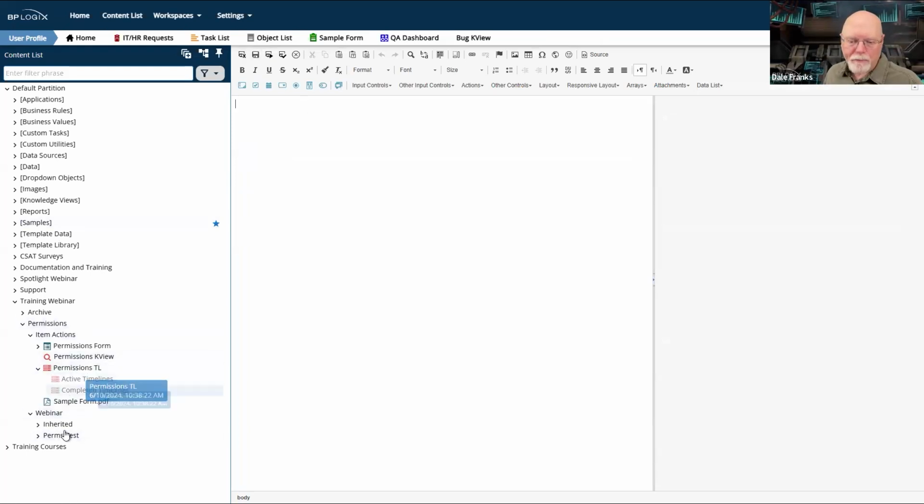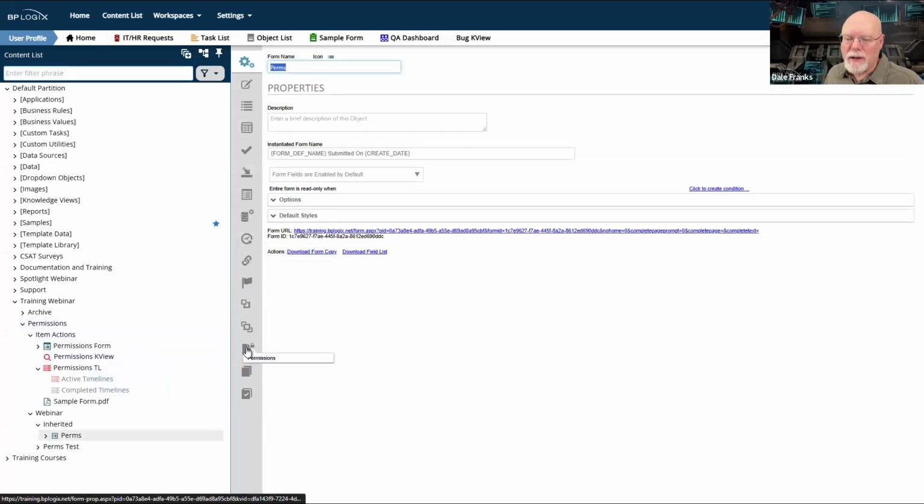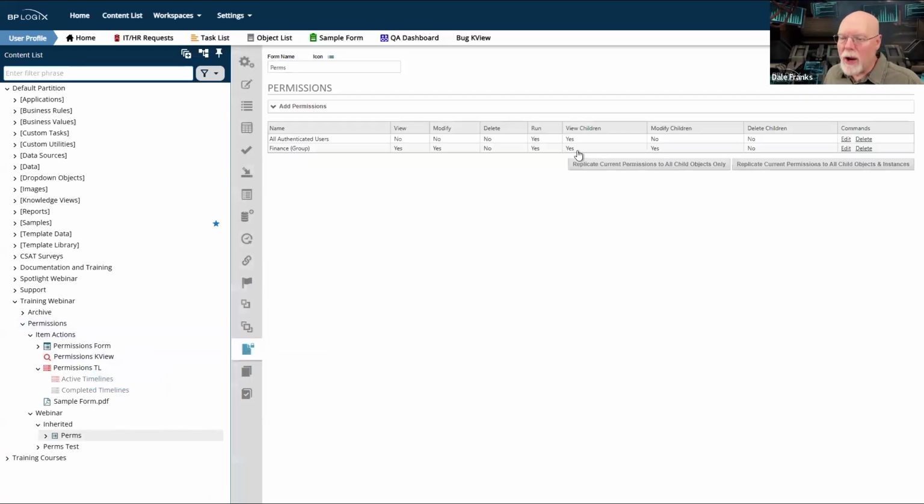What we really care about is its permissions, because I created it, and it's got view children, modify children, and delete children, with view children is yes and modify and delete is no. So that means when my form instance is created, I'm going to be able to view it, but technically I'm not going to be able to modify it.